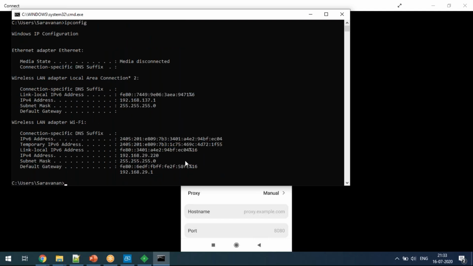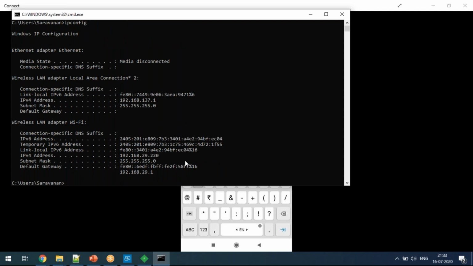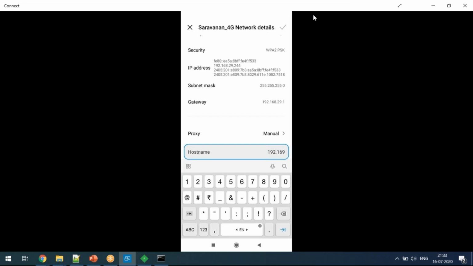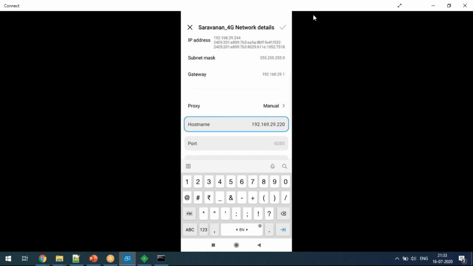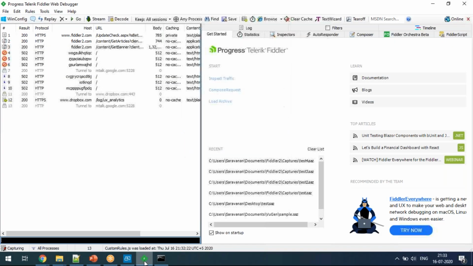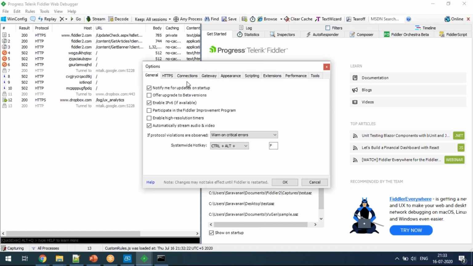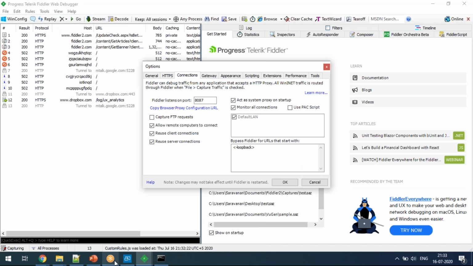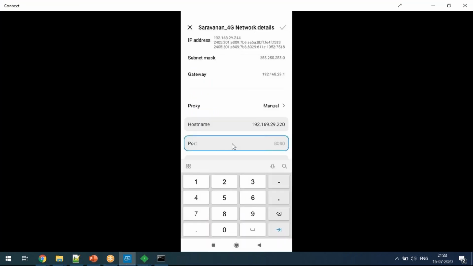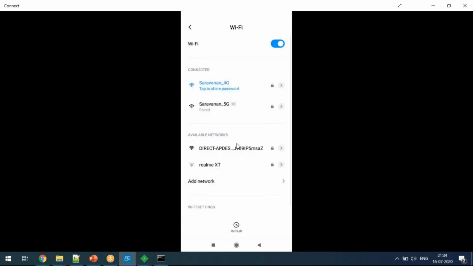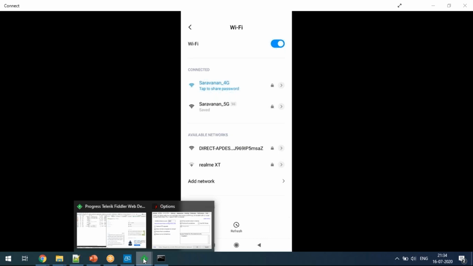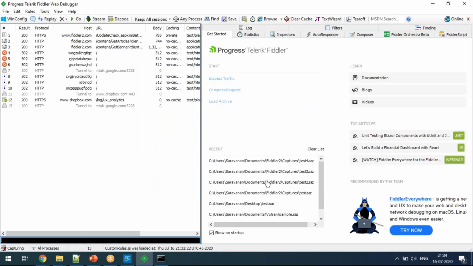It is 192.168.29.220, and the port configuration was 8087. So I'm giving the port number 8087. I'm completing the configuration, and if I go here, click OK.